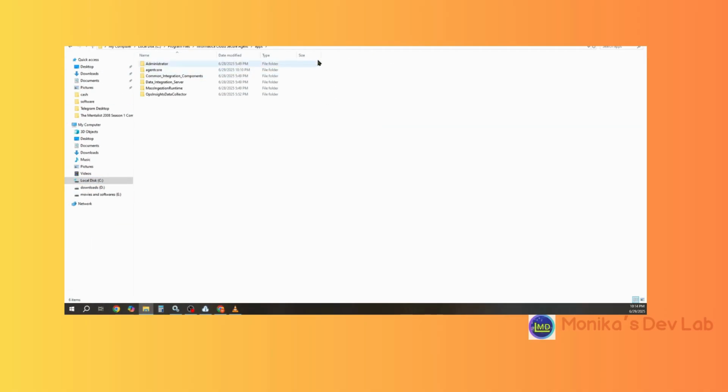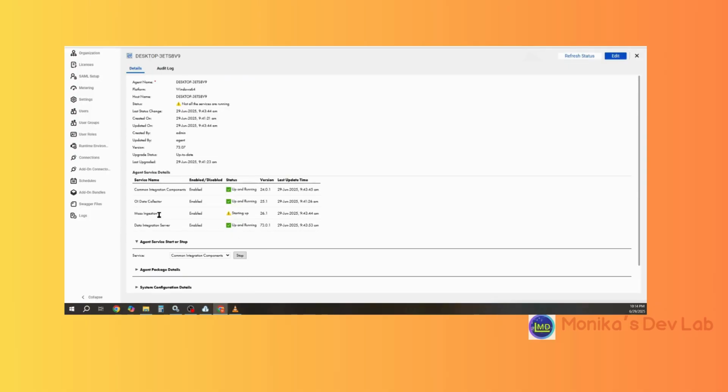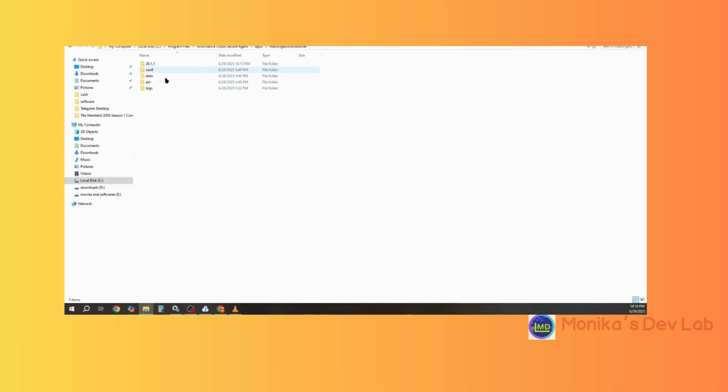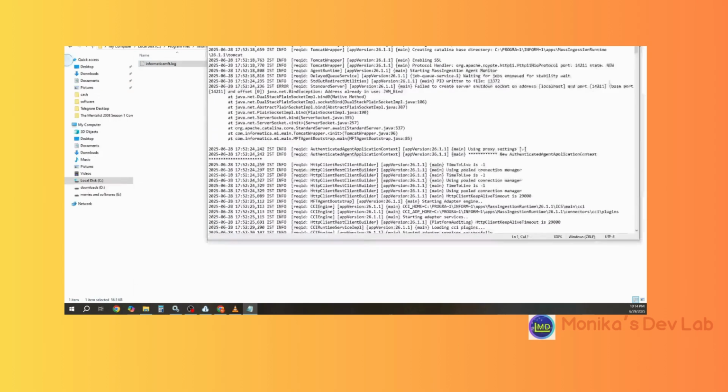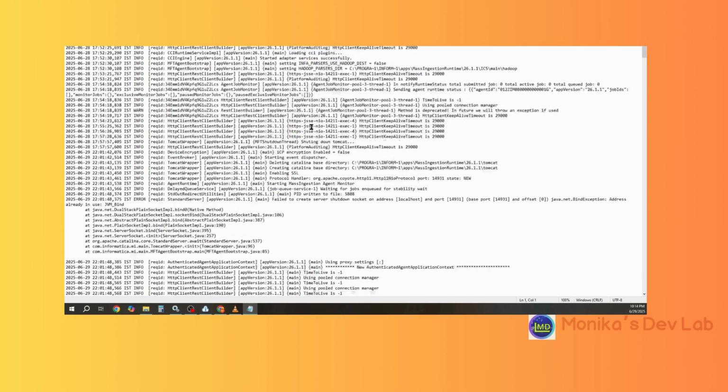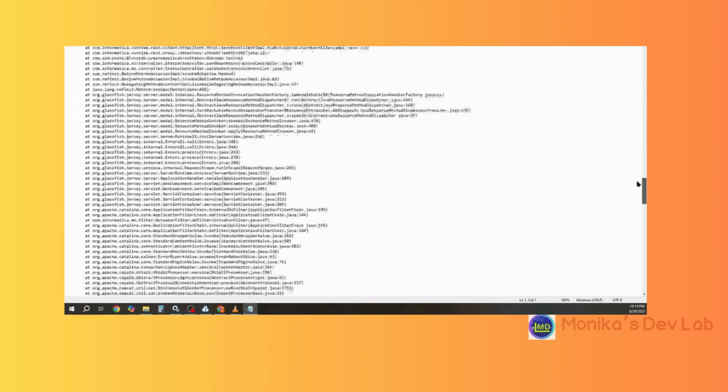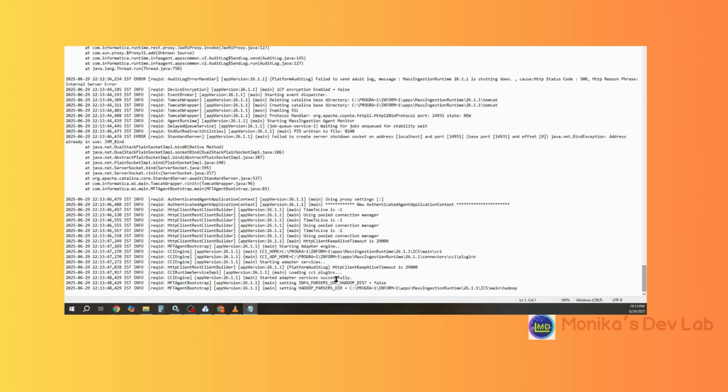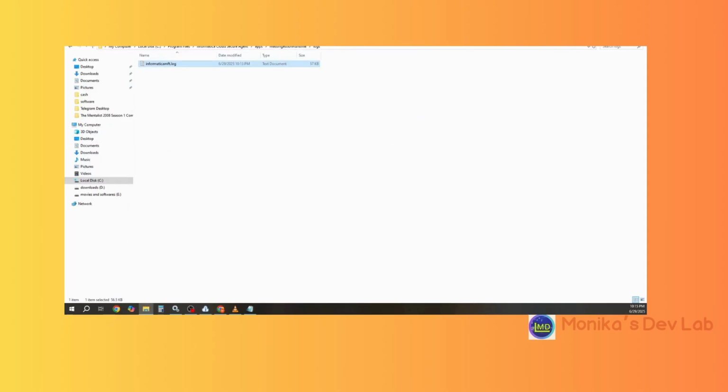You can go to these apps and you can see all the applications which we have, and the mass ingestion runtime is the service which is taking time. So you can go to this mass ingestion folder and check the logs. So you will find the logs here. So these are the logs. We can see it is creating them newly. Okay, fine. So this is all we have about the secure agent right now.